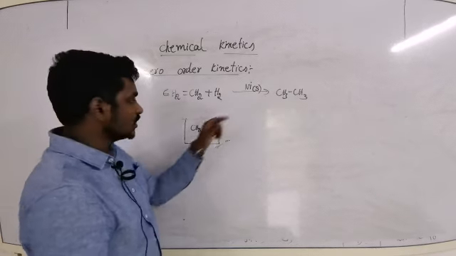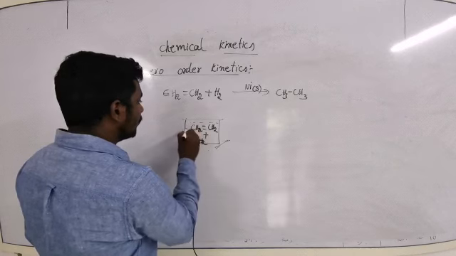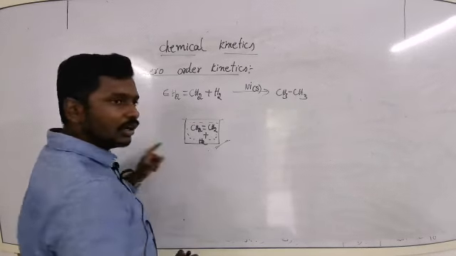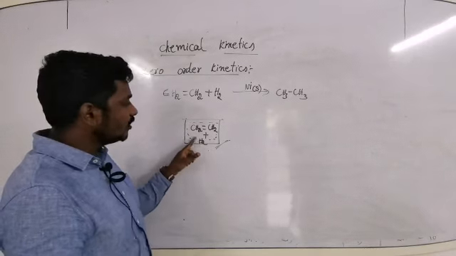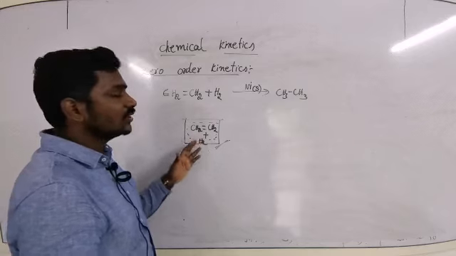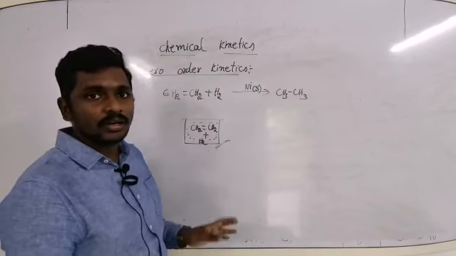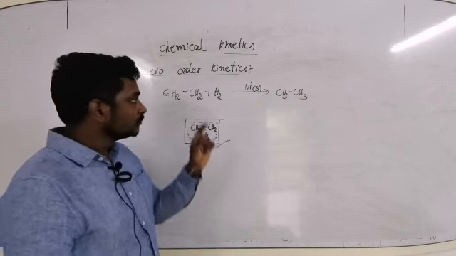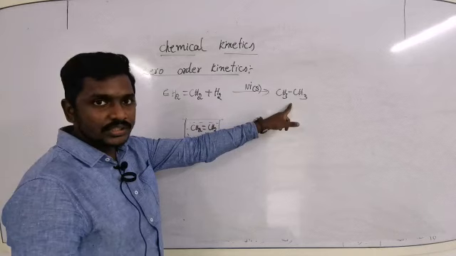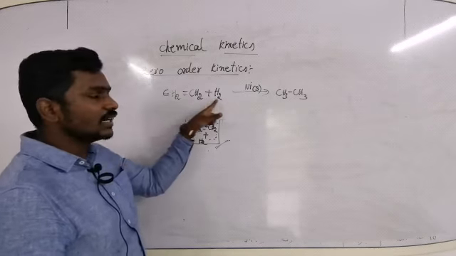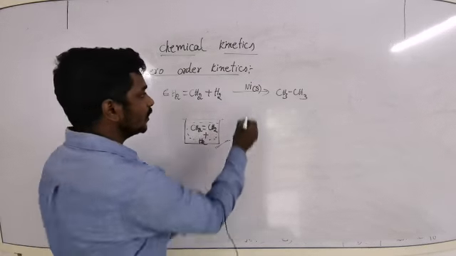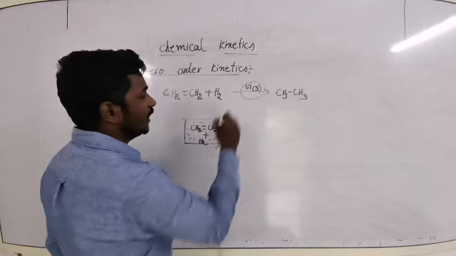Only in presence of catalyst. When a small amount of nickel powder is added to this reaction mixture, then they start reacting and forming the product. That means in this case, the formation of ethane does not depend upon the reactants that you have taken. It depends upon the catalyst that is provided.